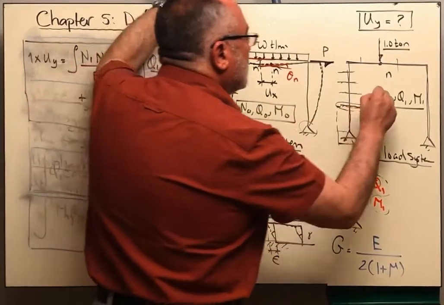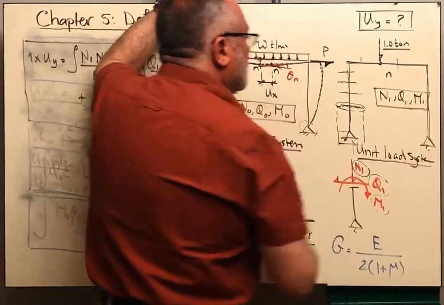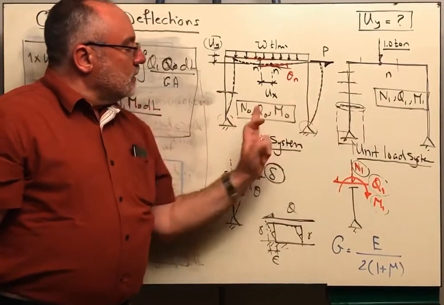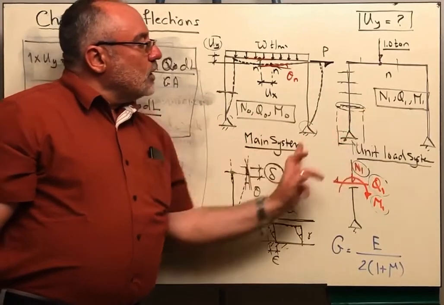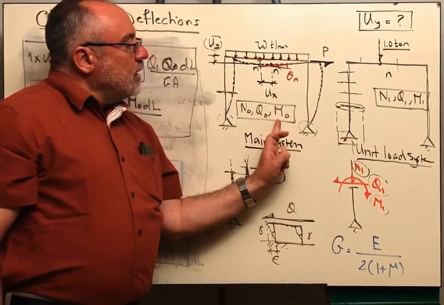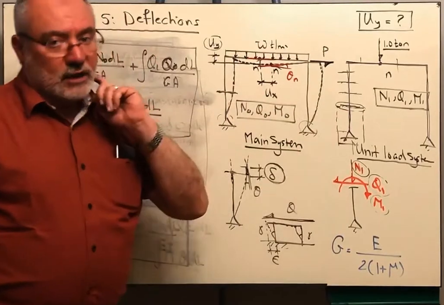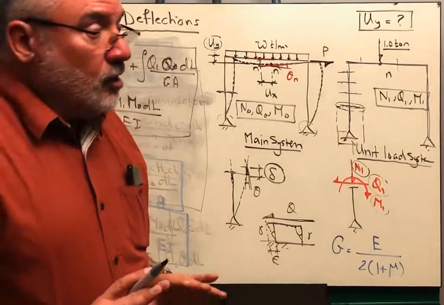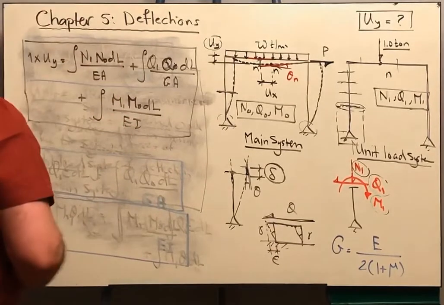Then we have to integrate the product of N naught and N1 along the length, the Q naught and Q1 along the length, and the moment M naught and M1 along the length. This is for the most complicated problem. But if we are talking trusses,